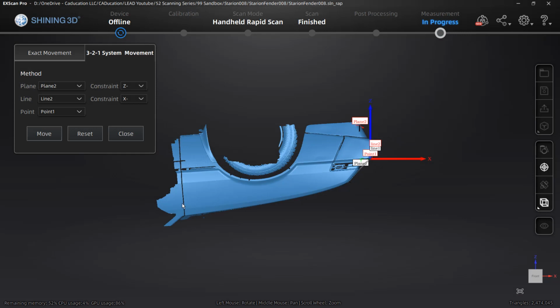Okay, so I made a new plane based off the bottom edge of the air dam, which is parallel to the ground. And I made a new line based off vertical references in the tag bracket. So this gets me closer. It's still not perfect, but it's relatively close. What I want to do before I okay this is make some adjustments to what Z and